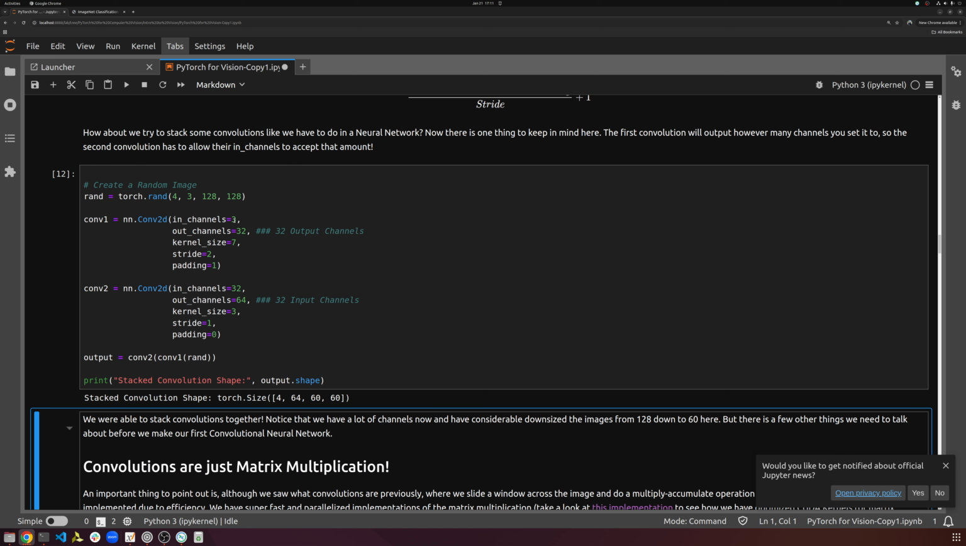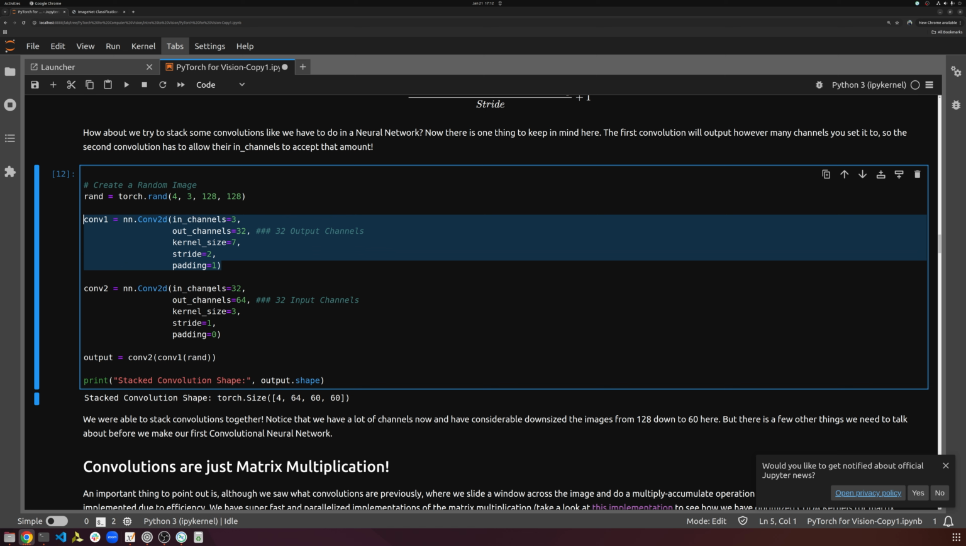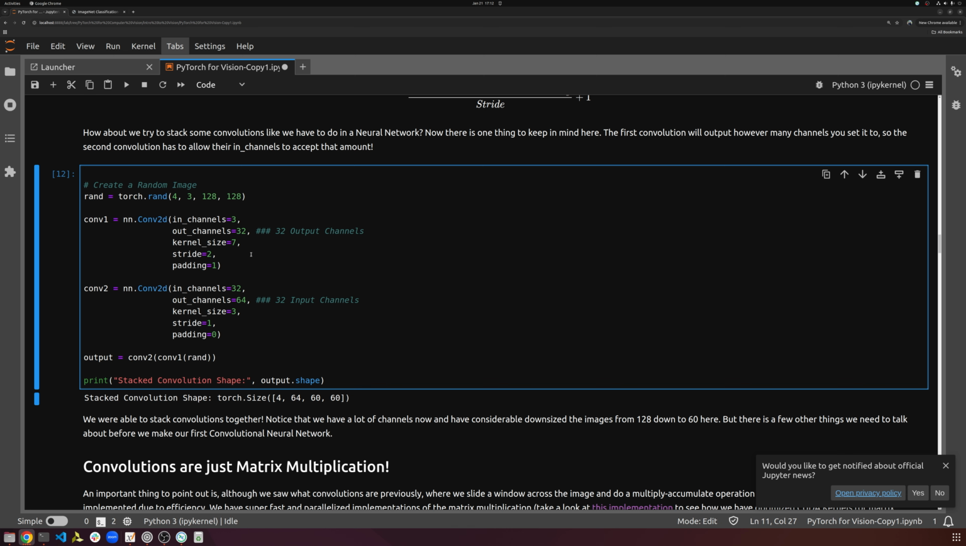first convolution is a 3 by 32, 3 input channels, because we have 3 input channels here. I specify I want 32 output channels. That means there's 32 unique filters being applied here. I want a kernel size of 7 with a stride of 2 and a padding of 1. It's my decision. The second convolution, and this is key, the first convolution is going to output 32 channels, which